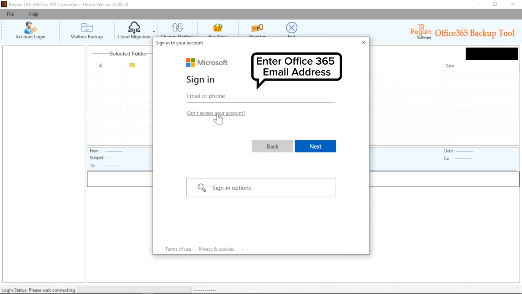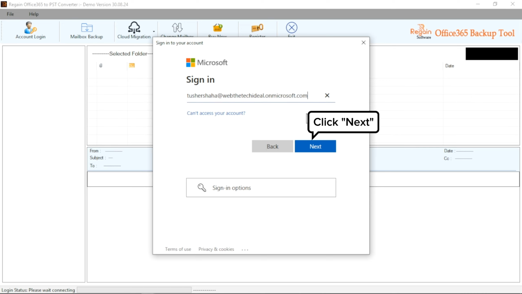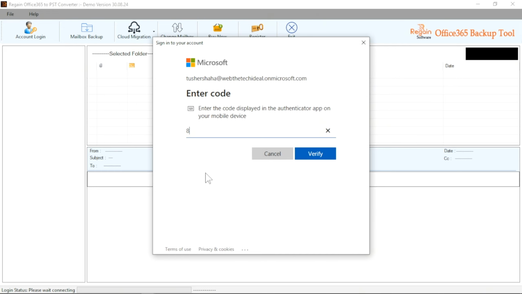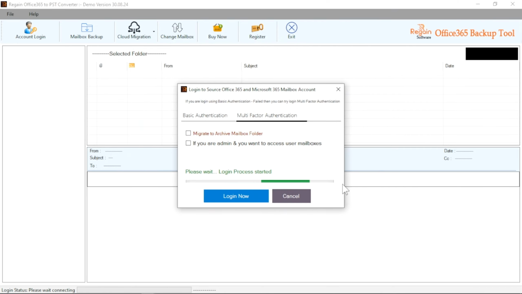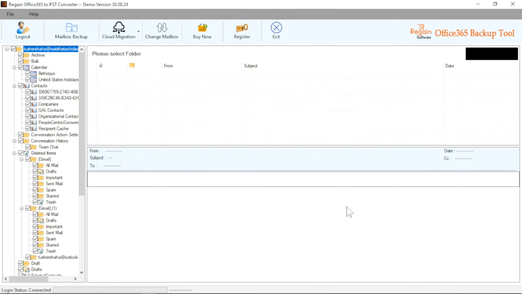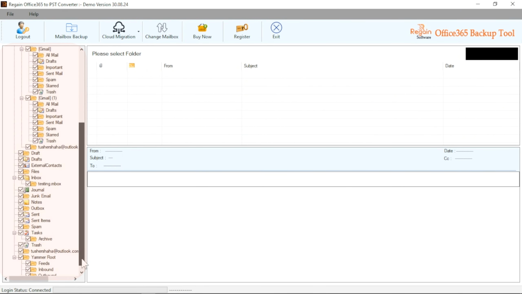Here enter your Office 365 email address and click on the Next button. Now enter the correct password of your Office 365 account and click on the Sign In button. If you have enabled two-step verification, then enter the verification code here and click on the Verify button. As a result, your Office 365 account will be successfully connected and all folders of your Office 365 mailbox will